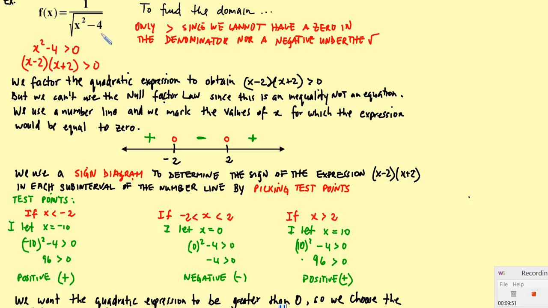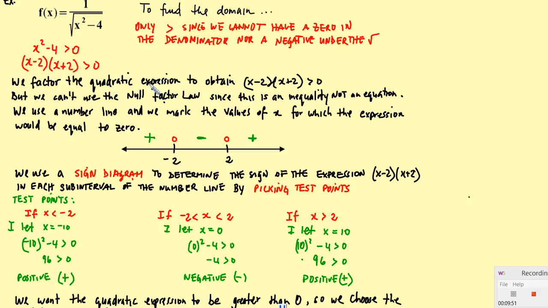I cannot get a 0 in a denominator, and not only can I not get a 0 in the denominator, but I can't get a negative number under the square root sign either. So both things cannot occur under there. The only thing I can put under here is that it's greater than 0, since we can't have a 0 in the denominator nor a negative number under the square root. So if I say x squared minus 4 is greater than 0,